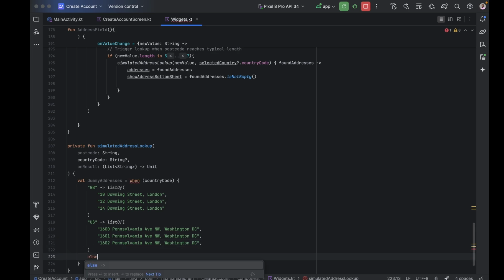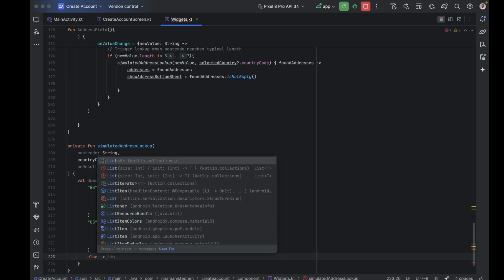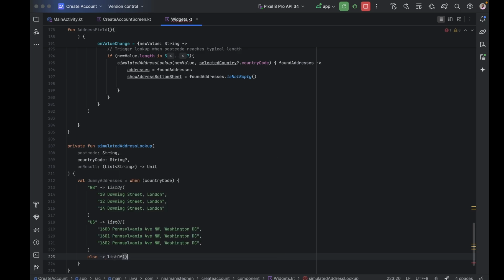Or else, if no list is shown, like the country that is selected, we don't have any data from that country, that means it's not part of our dummy data. We should return one main street, right, just to show something on our implementation. Paste that one more time and make this 3, and this should be 2, not 3 again. All right, so this is the list of our